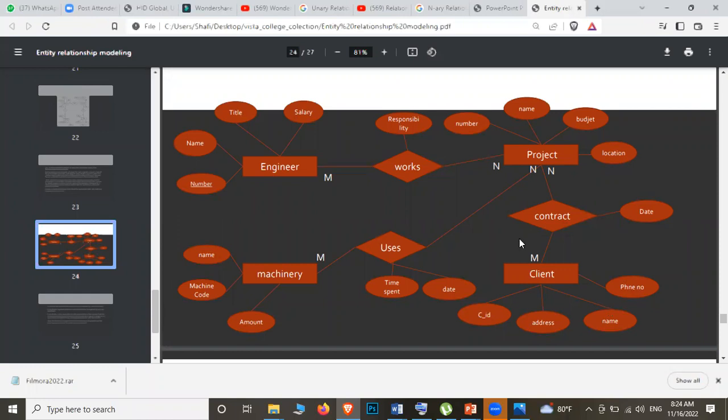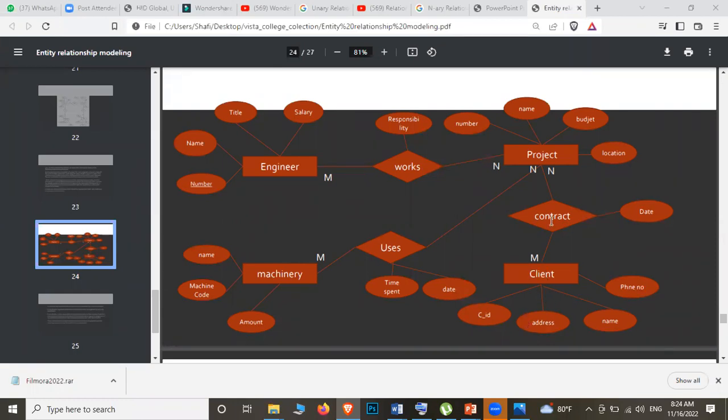Multi-value, Pulasti. Very good, Pulasti. Multi-valued attribute. Very good. So derived attribute එකක් කියලා කියන්නේ from one attribute if you can derive another one, that is known as derived attribute. Then when it comes to phone, one person or else a client won't be having one number, right? Phone number. He or she might have multiple phone numbers. So that is known as multi-valued attribute. Very good, Pulasti. Very good. Nadira, very good.